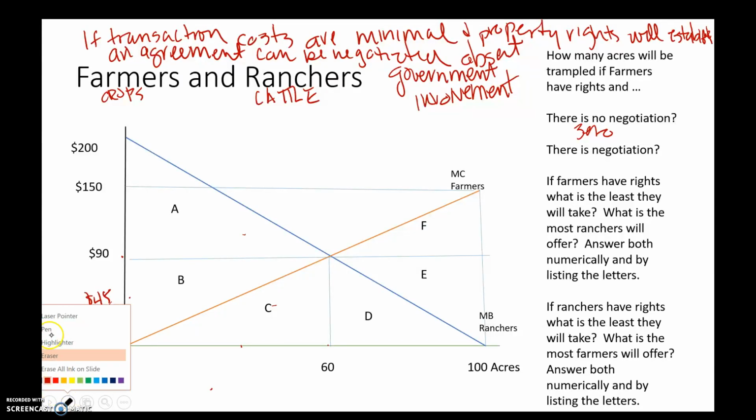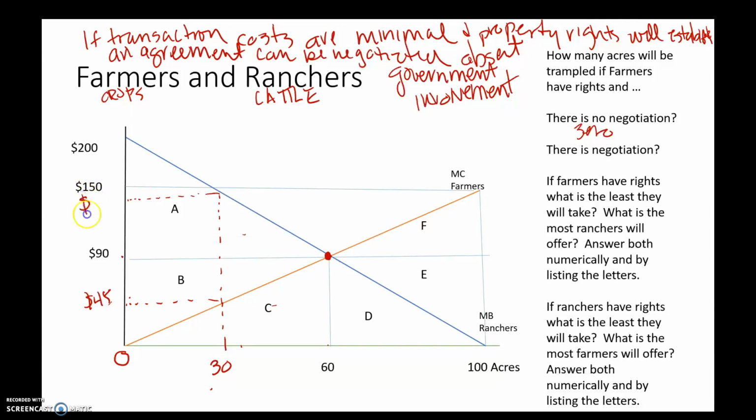There's an area on this graph where negotiation is very, very possible, and it's the area that's bounded here by the equilibrium point. Because if the farmers have rights, they could absolutely demand 0 acres being trampled. But if we look again at this 30-acre point, and we see that the cost to the farmers for that 30th acre being trampled is only $45, but the cost to the rancher, or the benefit to the rancher for being allowed to trample it, is $140,